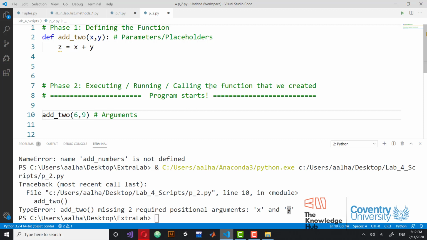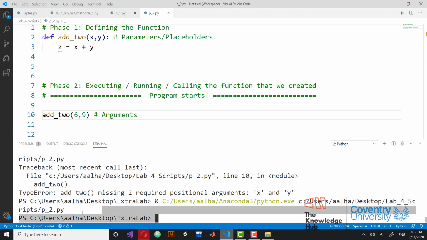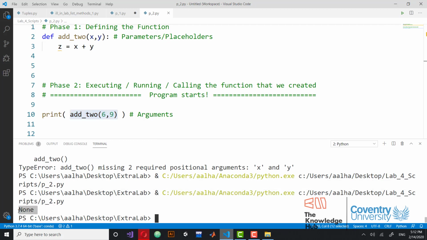Okay, so if you run this now, it's not going to give you any error, and it as well will not give you any output. The reason is we haven't printed anything. You may be waiting for an output to come, like this is going to give you 15, right? So let's just try to print the value that's going to be replaced or substituted by this function call, which is what we are hoping for, 15. If you run this one more time, it's going to print none. So what is the idea here? Why is it giving you none? Why is it not giving you 15 as you expected? The thing is,